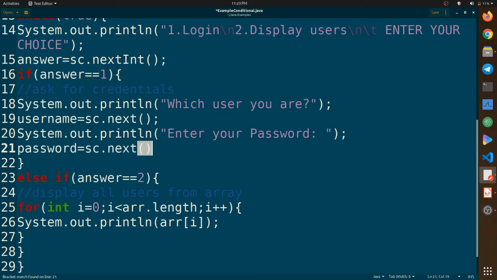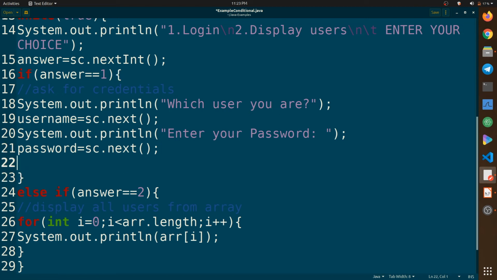So password equals sc.next, which will store the password in it. And what we are going to do here is that based on which user it is, we will handle them. So handle user based on username.